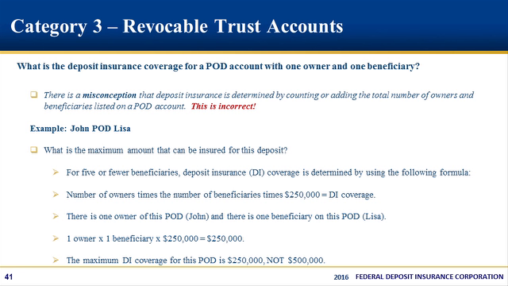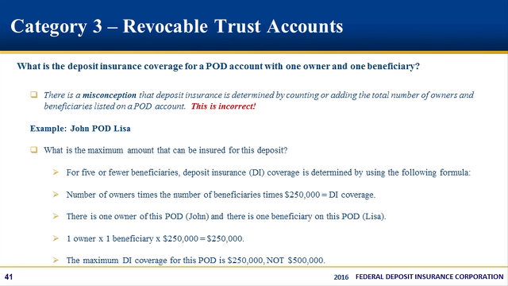Here, applying our formula for 5 or fewer beneficiaries, we will simply multiply the total number of owners times the total number of beneficiaries times $250,000. In performing the calculation, 1 owner times 1 beneficiary times $250,000 would give us the result of $250,000 as the